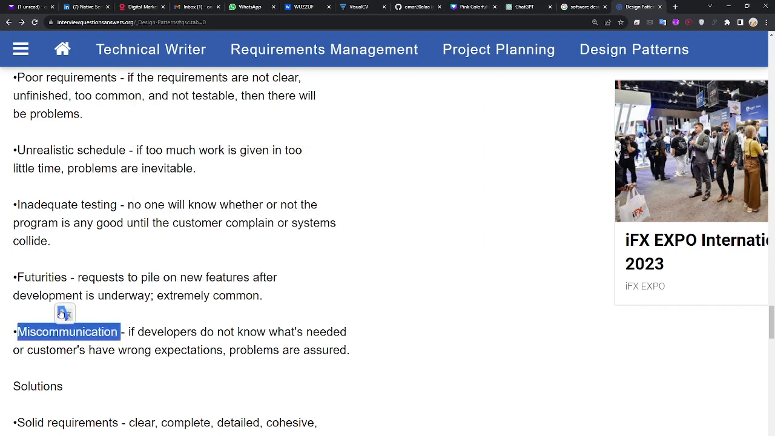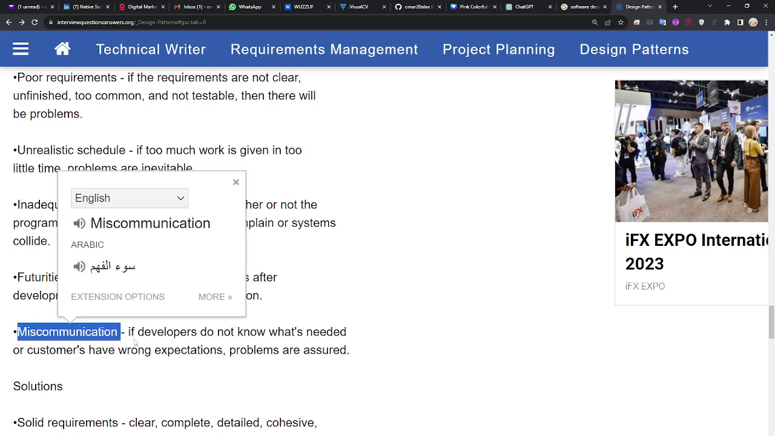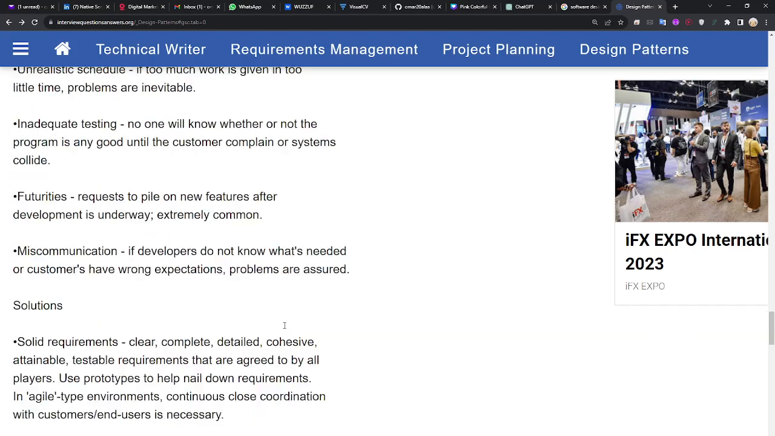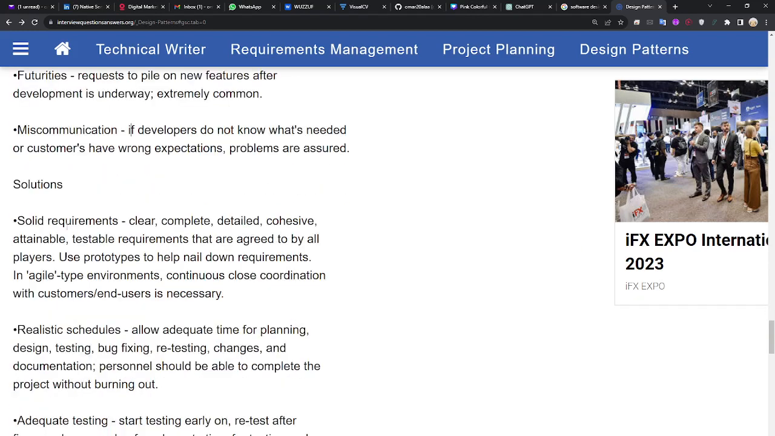الميس كوميونيكيشنز، سوء الفهم، انك تفهم حاجة غلط. If developers don't know what's needed or customers have wrong expectations, problems are assured. لو انت فهمت حاجة غلط وطبقتها، او مش هو ده اللي الكاستمر متوقعه منك، ده بيؤدي لمشاكل. طيب ايه هي السوليوشنز، الحلول للحاجات دي؟